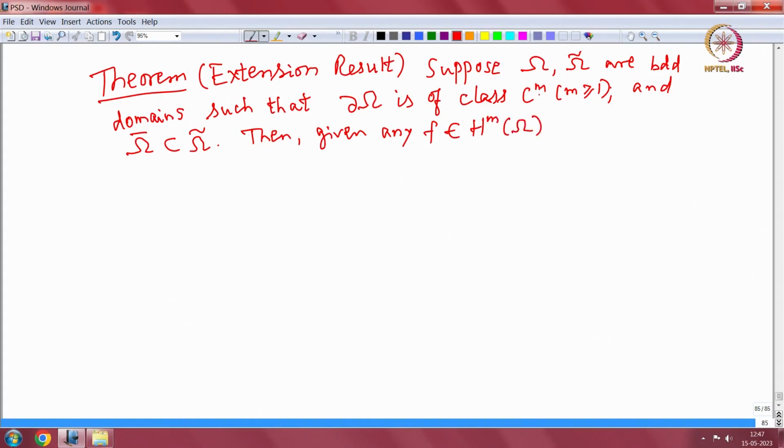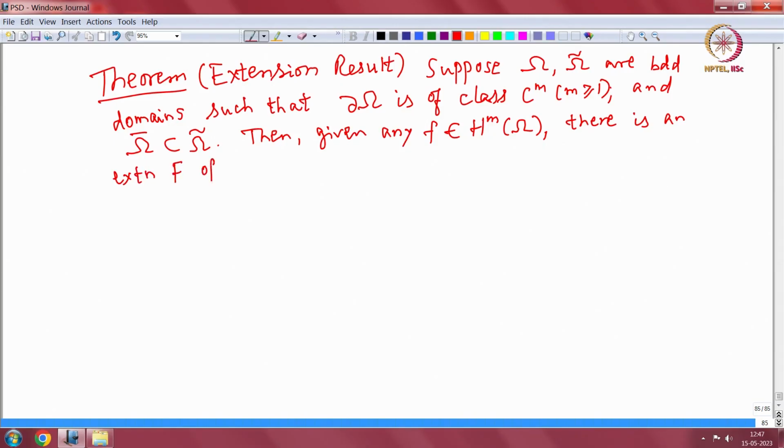So this m and m are the same. If we just want H1, then C1 will do. Okay, so this m and m are the same. Given any Hm function, there is an extension